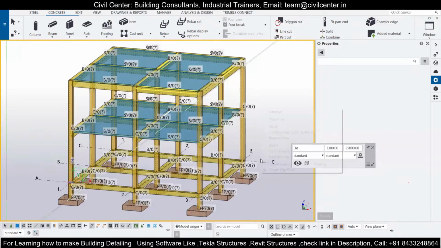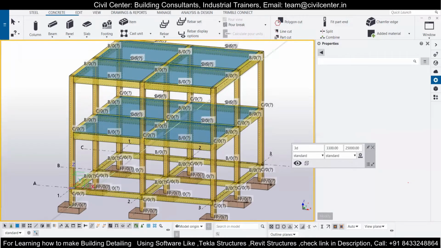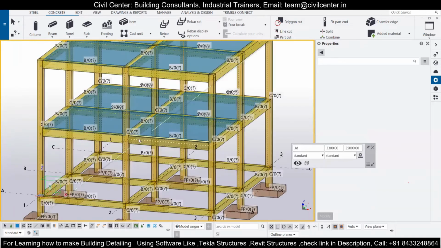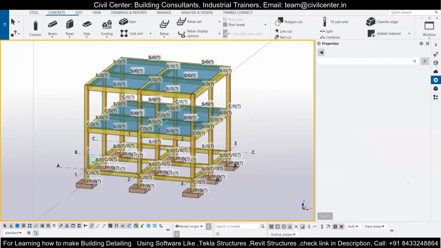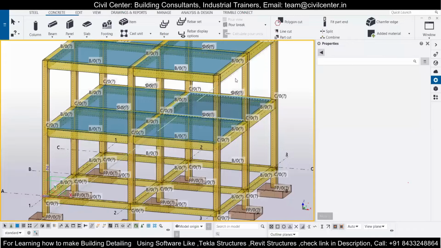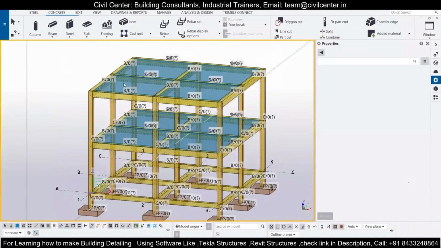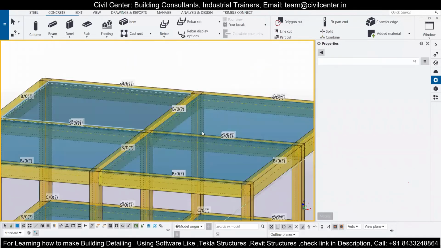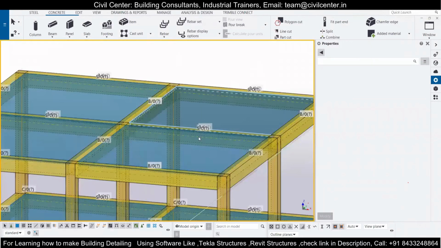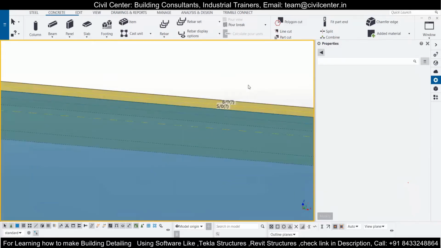I can simply click at any point in the space, not on any member, and click on redraw view, and you can see that all the members that I hid in order to select the slabs easily are back. So it doesn't matter if you have accidentally hidden anything and are now regretting it, you can always redraw the view and get those things back.